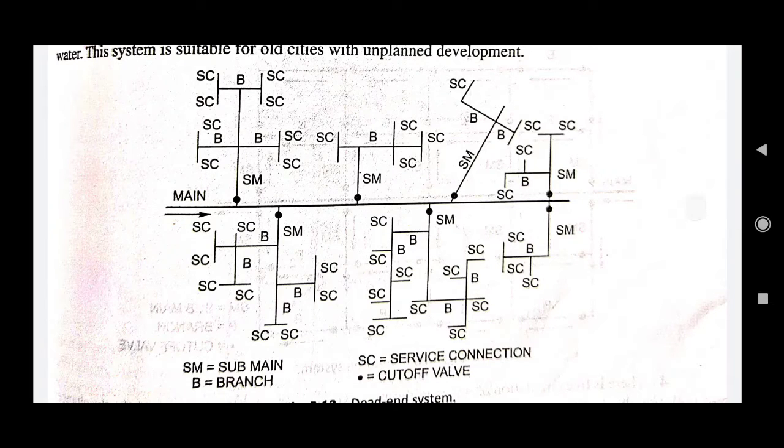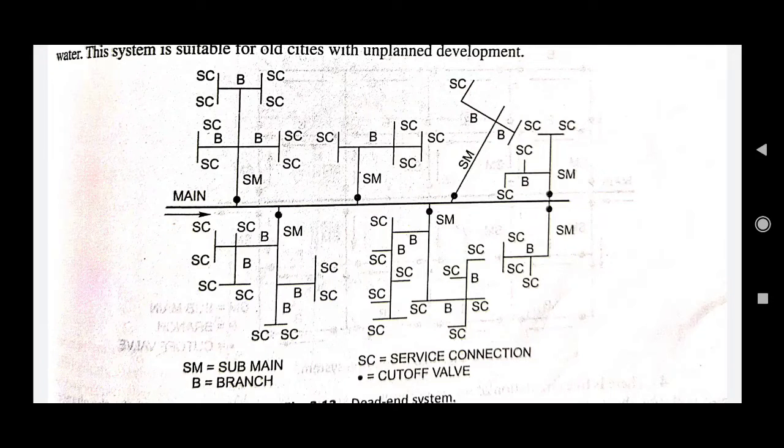In the case of the dead end system, there is a main water line, that is the pipeline which is of the highest diameter, and this main is ideally located at the centralized portion of the city or the locality which it is going to serve. So the main pipeline having the highest diameter is running throughout that locality where the water is to be supplied. From the main water pipeline, there are sub main water pipelines of a lesser diameter which are taken out as branches from the main line. In the given figure, the main is represented by M and the sub mains are represented by SM. You can see in the figure on the left side and the right side there are sub mains which are taken out of the main.